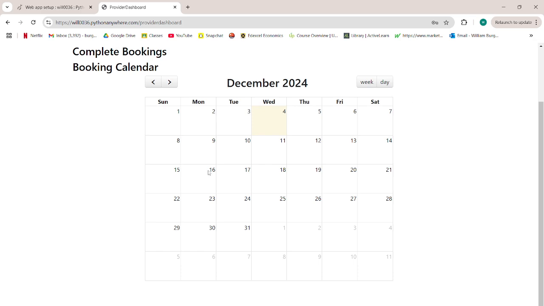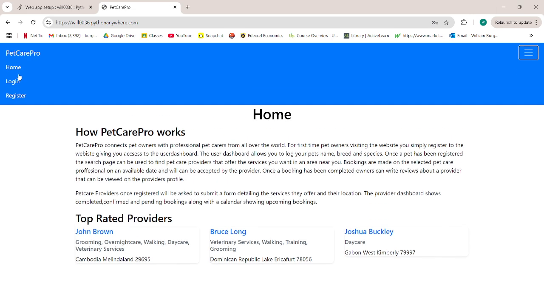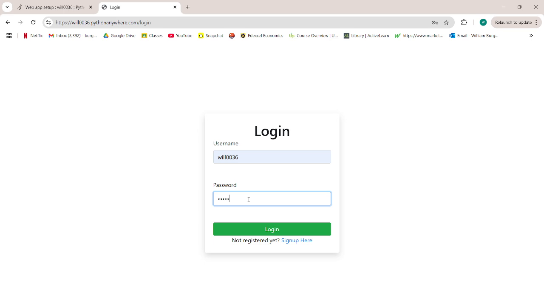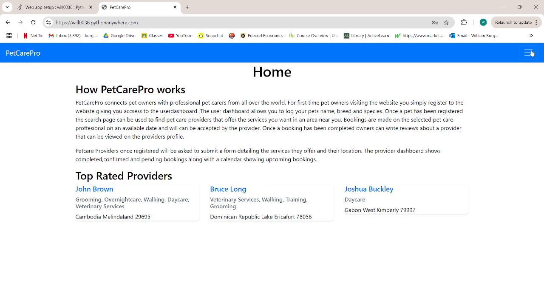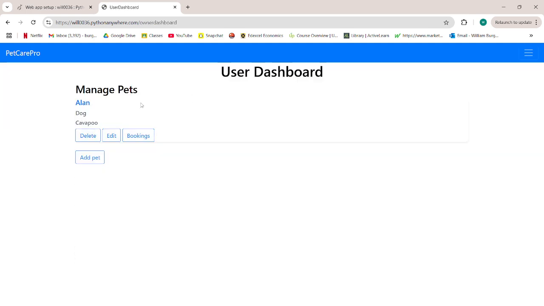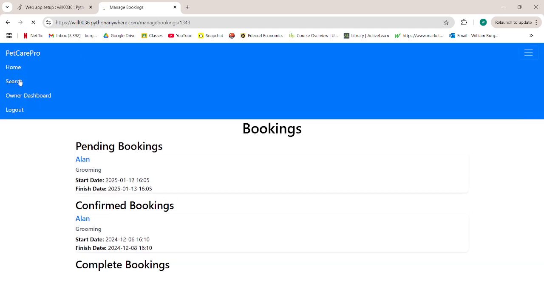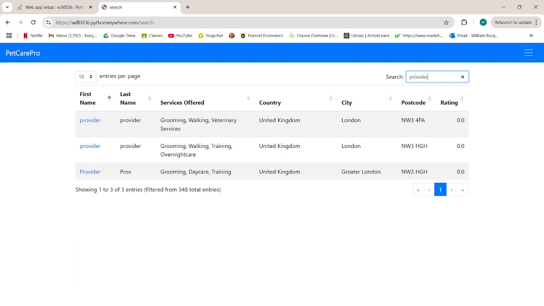Currently I don't have any bookings, so I'm going to log in to my old account and create some bookings. So into the user account, log in. I've got that wrong, and then 1, 2, 3. And here I can go onto my dashboard, and I can see my dog Alan here. So I'm going to go into search, and I'm going to find provider prov,